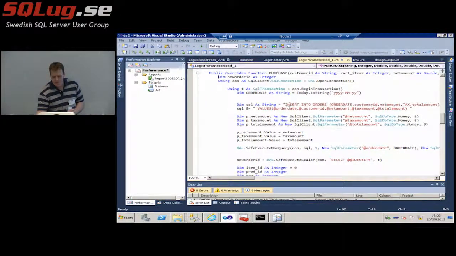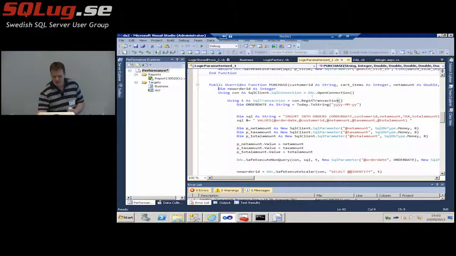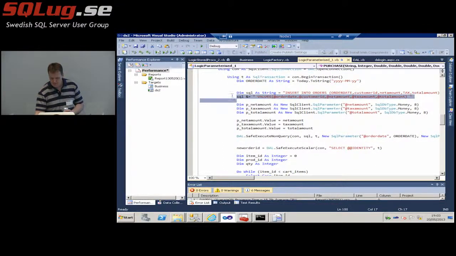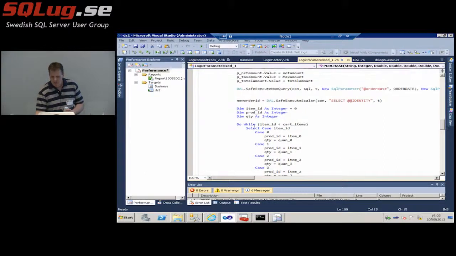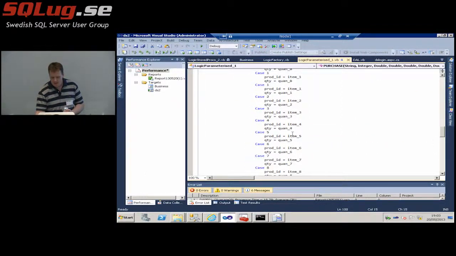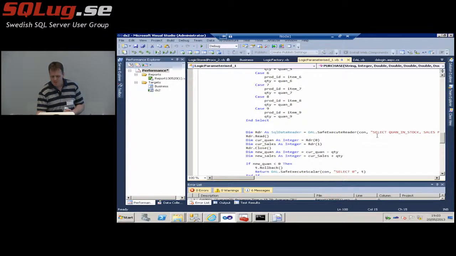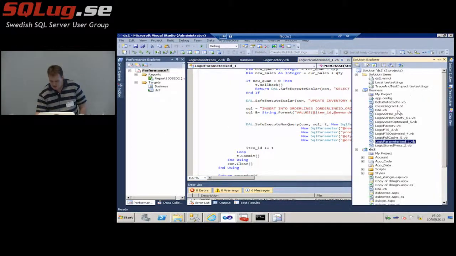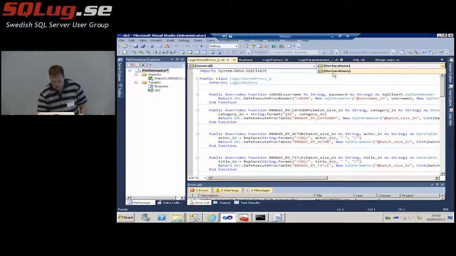If you look at the original one, you can see what it's doing. It's beginning a transaction outside of the SQL engine, which in itself is a client server trip. Then there's one statement it's executing here, another statement here, and then a while loop, executing individual inserts inside the while loop as well. So if they order lots of things, you're suddenly going to get 20, 30, 40 statements. This is a good candidate for rewriting as a stored procedure, so if we look at the stored procedure version, we go from that code base to